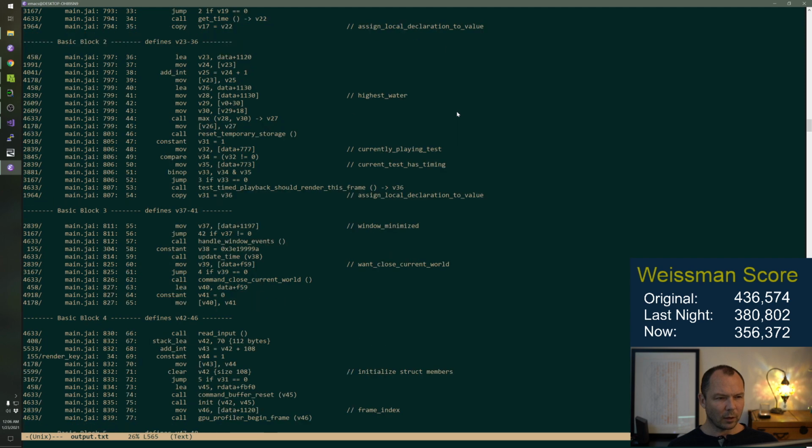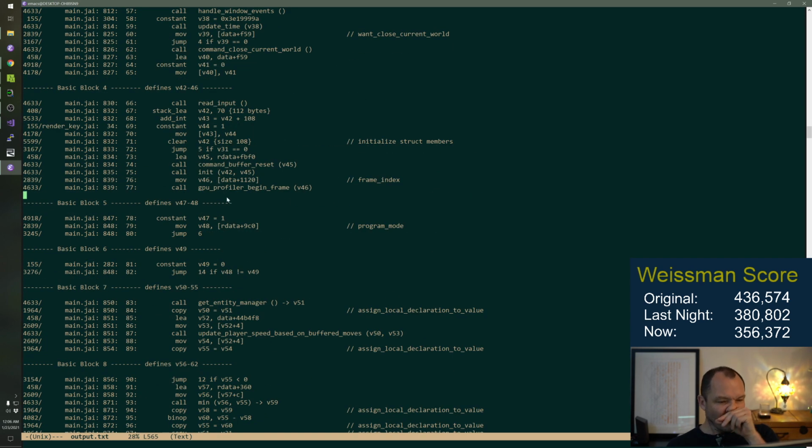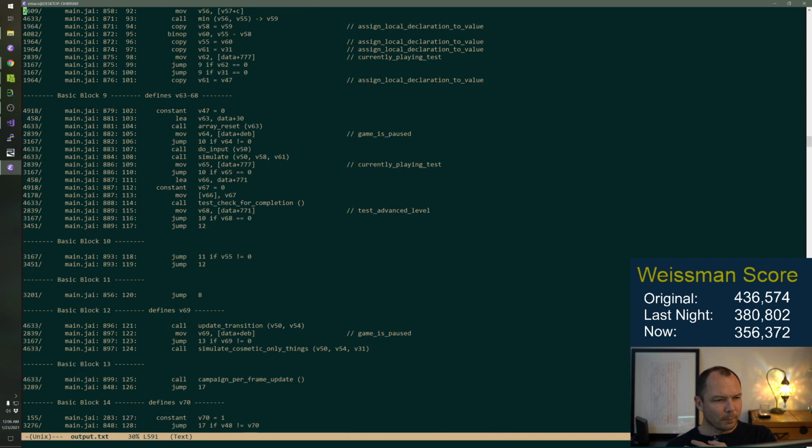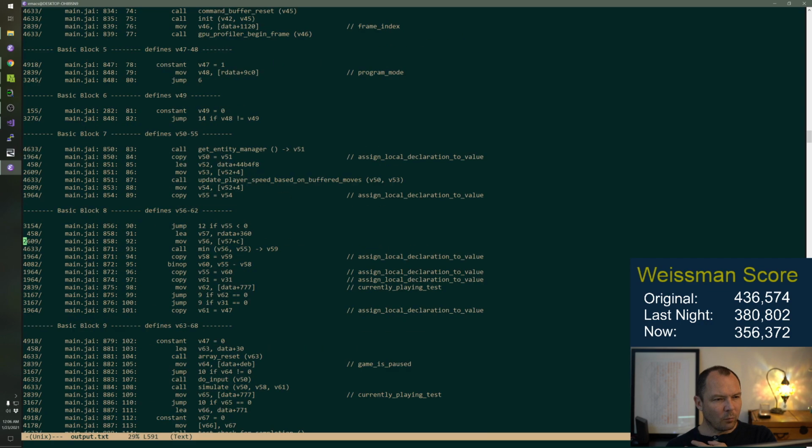But I don't see a lot of stack lees here. But we do a lot of things. So we do stack lee and then add int and stuff. Even this, the first step is to combine those. And then we can make a stack move instruction.